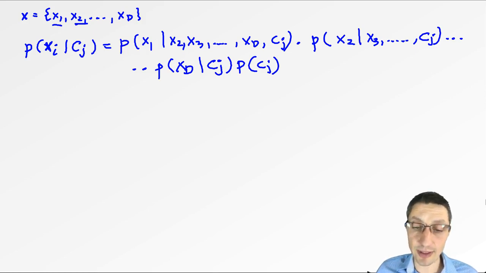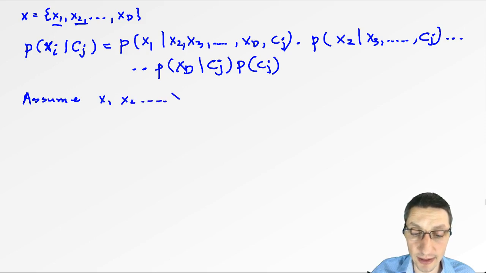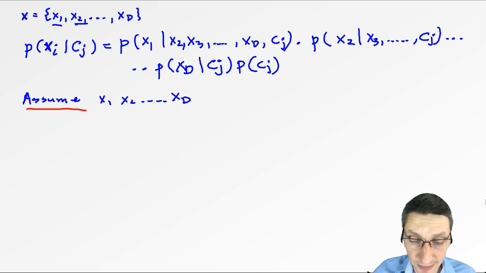And that's a very difficult computation to make, right? These individual attributes conditioned on the joint probabilities of everything else. So to handle this, we assume, I will write this here, assume that x1, x2, x3, and so on until xd are conditionally independent from each other, right? Well, given the class. So if this assumption here, that these attributes are conditionally independent of each other given the class holds, then we can rewrite this